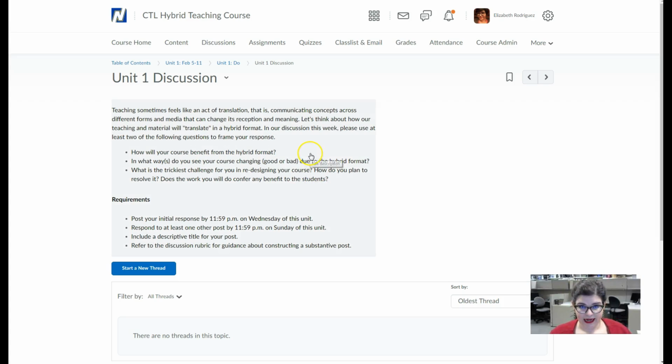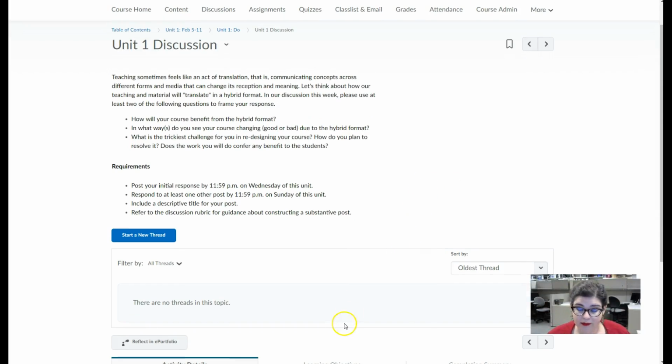There is also a setting enabled on these discussion boards where you won't be able to see anything until you participate, and then everything will open up for you. So this is a really good option for you as a professor as well, if you really want your students to participate in a discussion without being swayed or having their first impressions tainted by what they hear from other people in the course. So if you're not seeing anything, it's probably because either no one's participated or you haven't